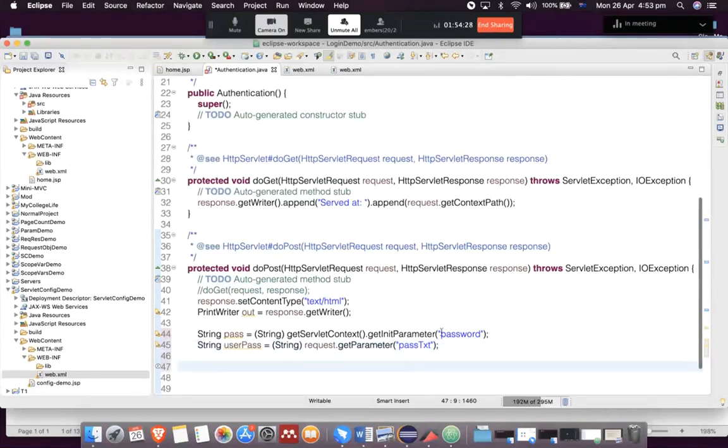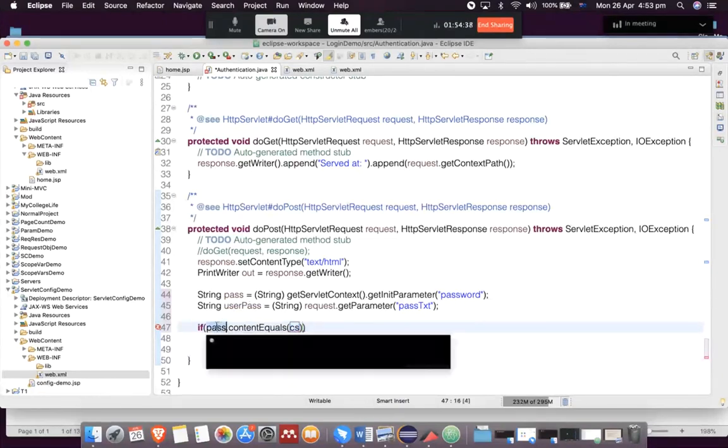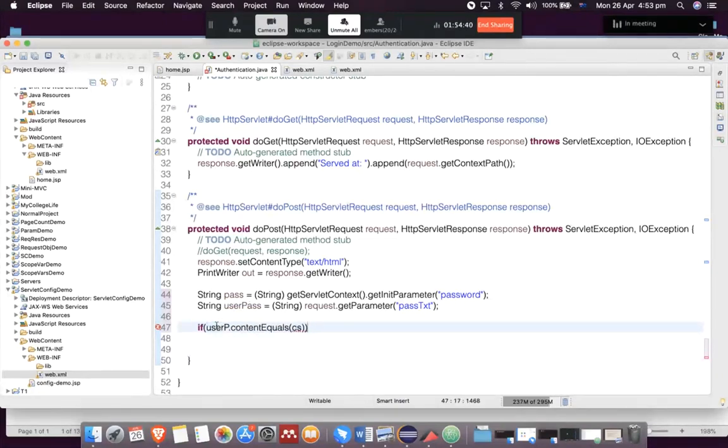Okay, so what we've got to do now is say if pass equals, let's say if user pass, if what the user types is exactly the same as the password that we used